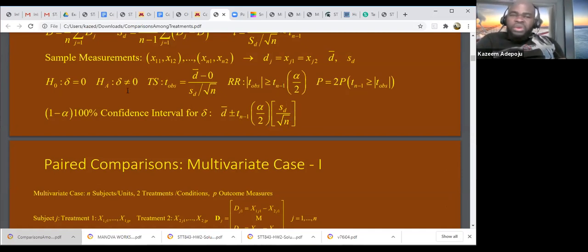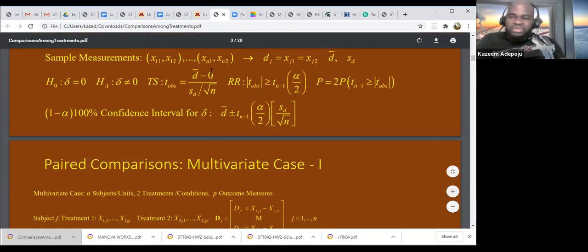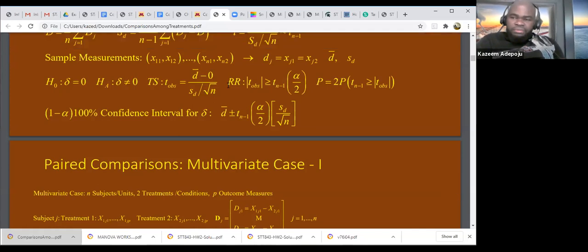So all that I'm doing here, I'm still talking about univariate. So this is what you've done before. I started from the univariate just for you to be able to understand by the time I'm dealing with the multivariate. So now from this, can we have a situation, can we now